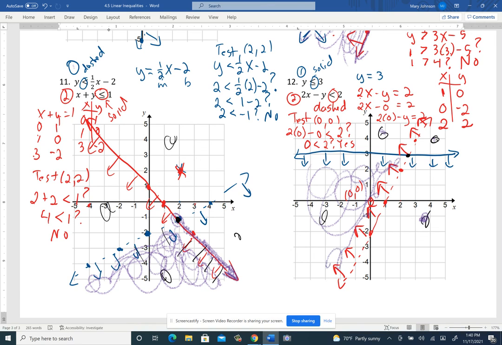So shade that. There should be a tool where you kind of dump paint or you click in there and it fills in that region. Okay, so I'm going to do that. And then these points are part of the solution because that's solid. These are not because it's dashed, and so that's not either. That would be an open circle. But mainly they're interested in this. These are the solutions, the points that would be part of the solution. Any ordered pair in there would work. All right,